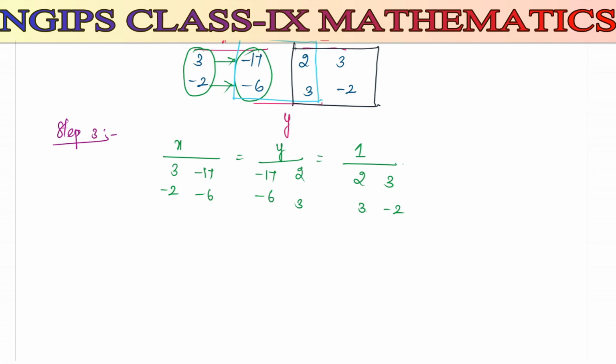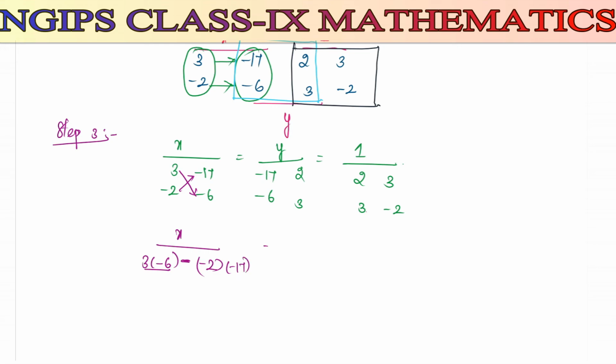In the third step, you will have sub-steps. First, you have to take the two numbers connected by the arrow, which are to be multiplied. x divided by 3 into minus 6. Now next you have to take the product of the up arrows. Before taking these numbers, you have to subtract it from the product of the first value. The product of these two numbers we are going to subtract, and you take the up arrow product. So it will be minus 2 into minus 17.